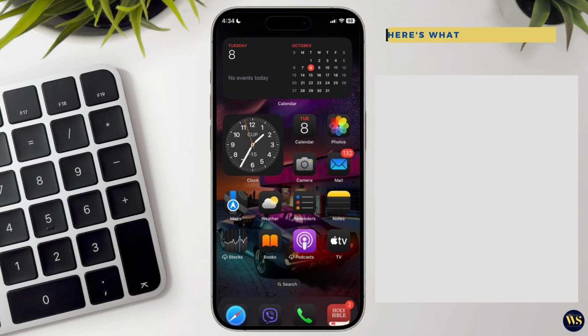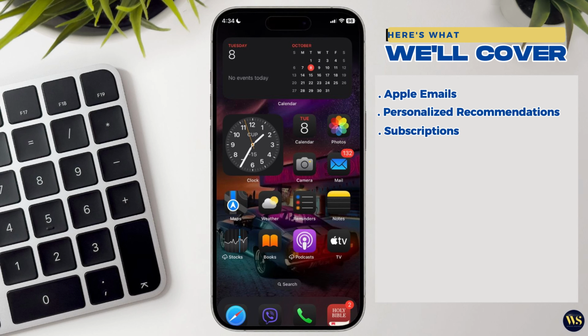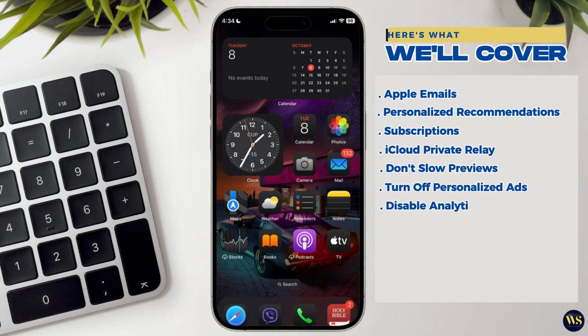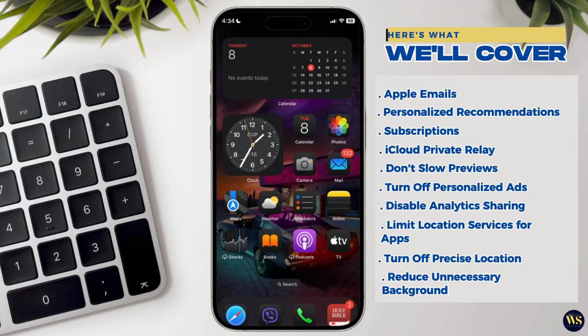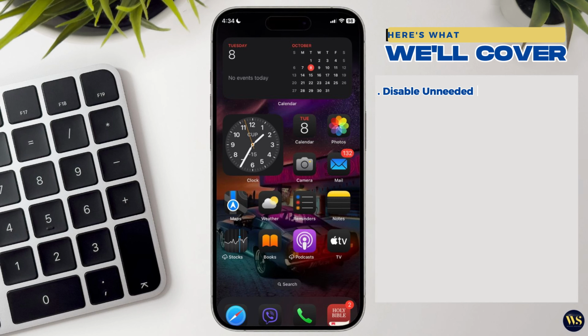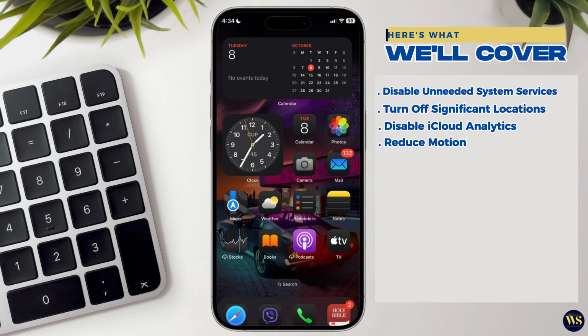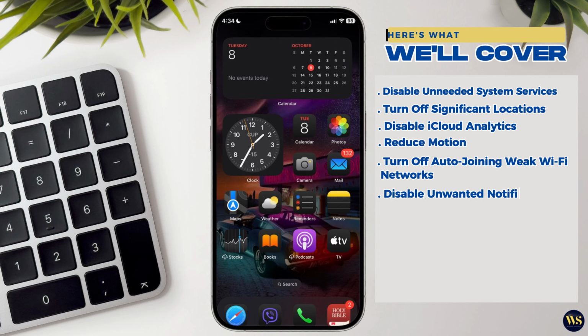Here's what we will cover: Apple emails, personalized recommendations, subscriptions, iCloud Private Relay, don't show previews, turn off personalized ads, disable analytics sharing, limit location services for apps, turn off precise location, reduce unnecessary background app refresh, disable unneeded system services, turn off significant locations, disable iCloud analytics, reduce motion, turn off auto-joining weak Wi-Fi networks, disable unwanted notifications, turn